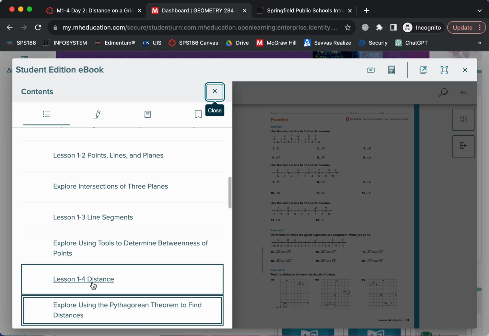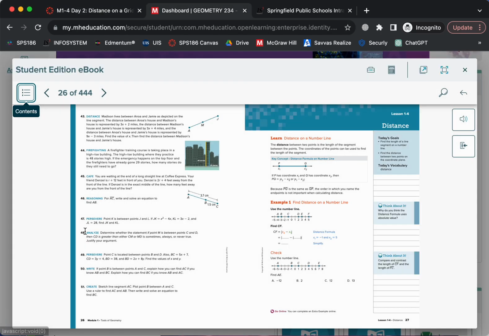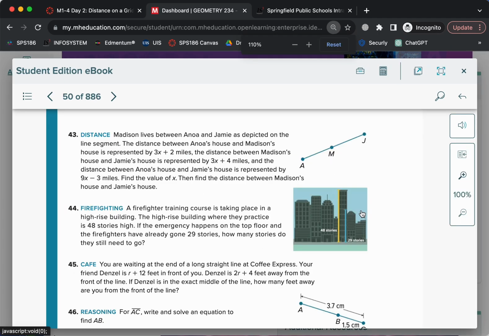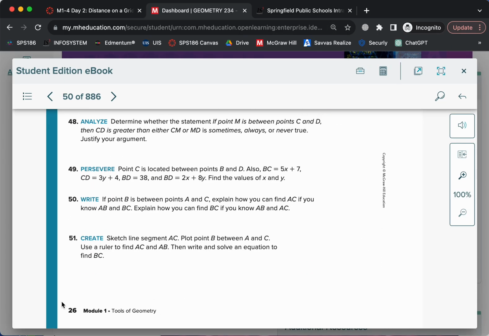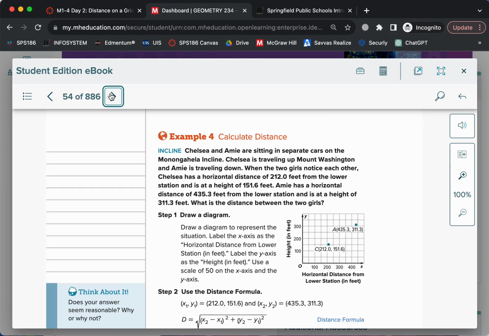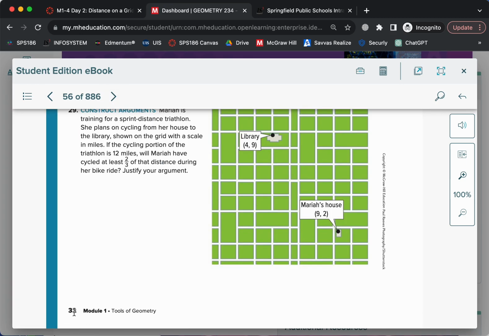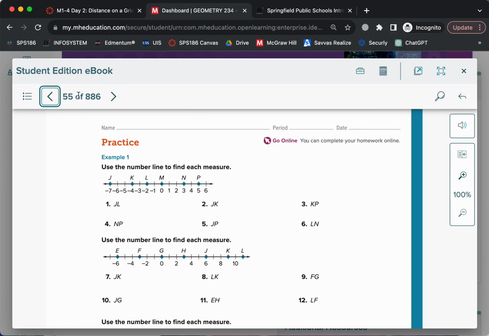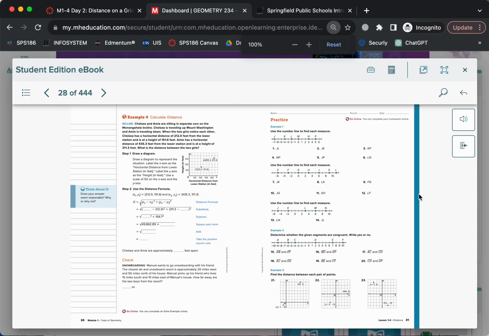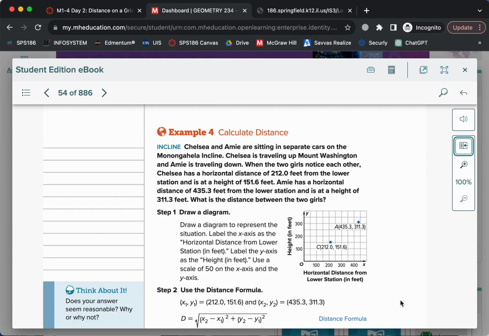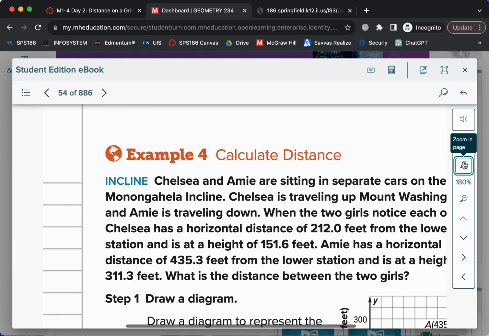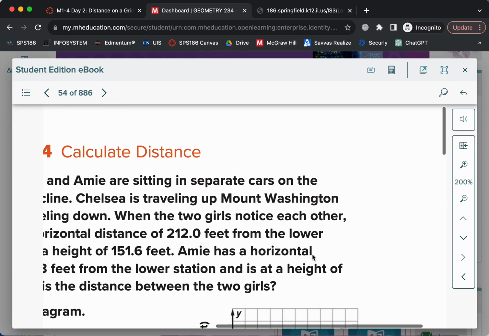Okay, so let's find 1-4 right here. And then it looks like I'm on page 27 if you look down here. And let me try to make this a little bigger so you can see. So yeah, it looks like I'm on page 26. So I have to go over some pages. Now I'm on 32. We need 31. Okay, so this is how you can access your book. If you want to see 2 pages, you can have that 2-page view, or you can click this button for a single page view. You can also zoom in if you're hard at seeing, and you can navigate around the